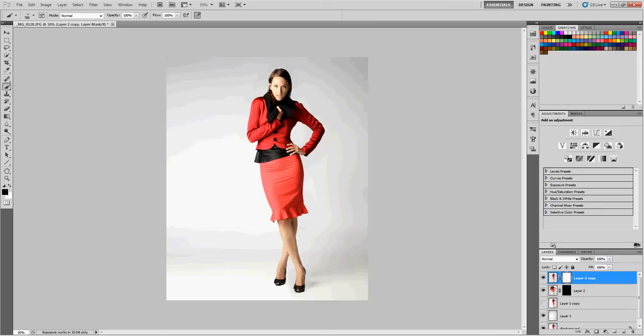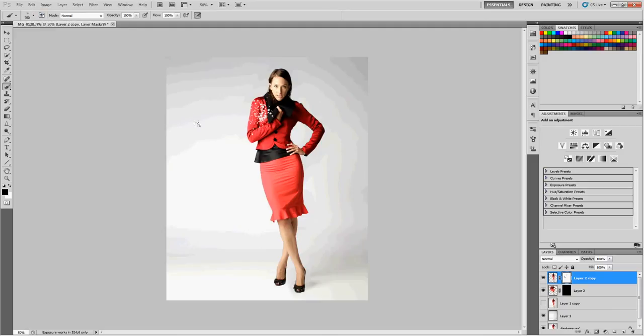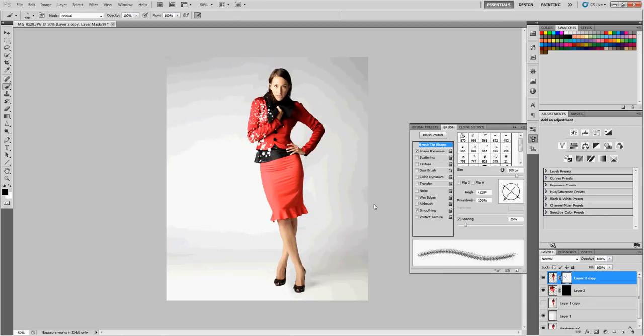Change the size with your bracket keys. We want about that size, and then just click. Make sure you have black as your foreground color, and then just click around. Don't click and drag because you'll make it look weird, like a pattern. So hit Control Z to undo that. To make variations, just grab another brush, and then click again, and then you can bring up your brush palette, even change the direction,